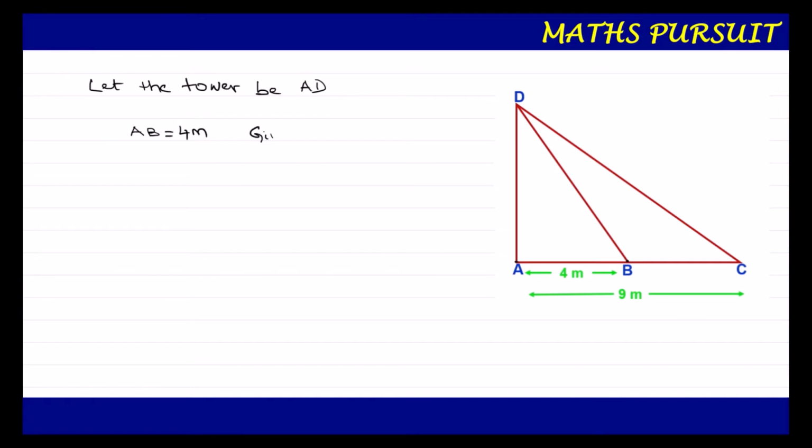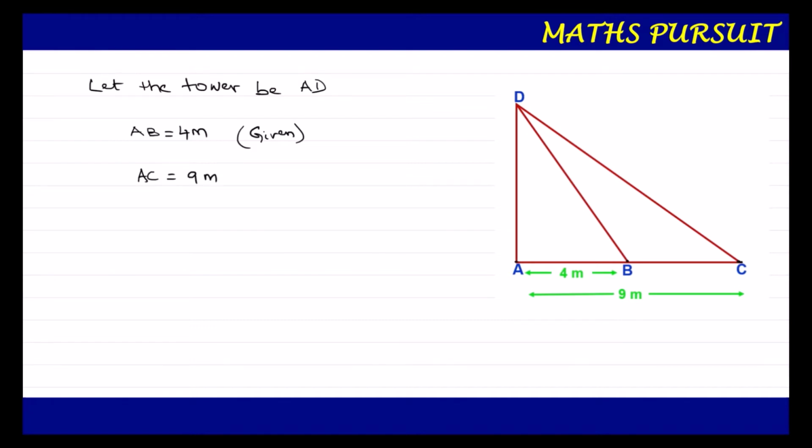This is given. Now the other thing that is being given is the angle of elevation of the top of a tower from 2 points at a distance of 4 meter and 9 meter from the base of the tower. So distance of A to B is 4 meter and C is another point. So distance of C to the foot of the tower is 9 meter. So again this is being given. AC is equal to 9 meter.